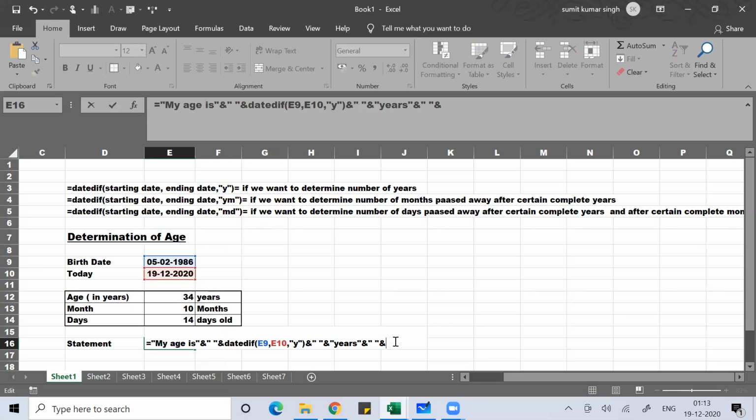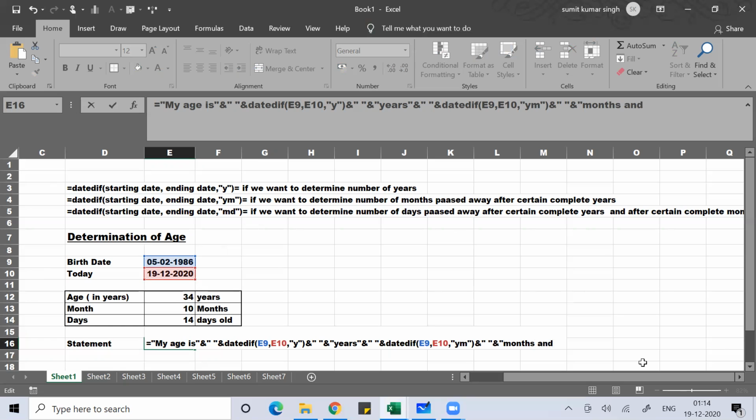My age is 34 years. How many months? YM. Shift 7, double quote space double quote, shift 7. So my age is 34 years, 10 months